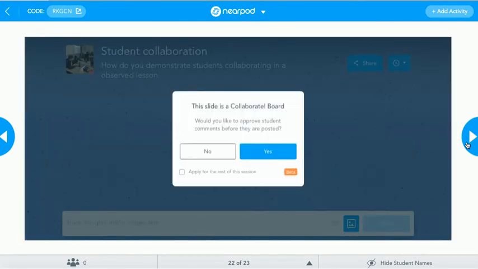Okay, one of the things I loved when it came out was Padlet. In Padlet, you could actually have groups of students working on one document. It was like the traditional poster making activity,